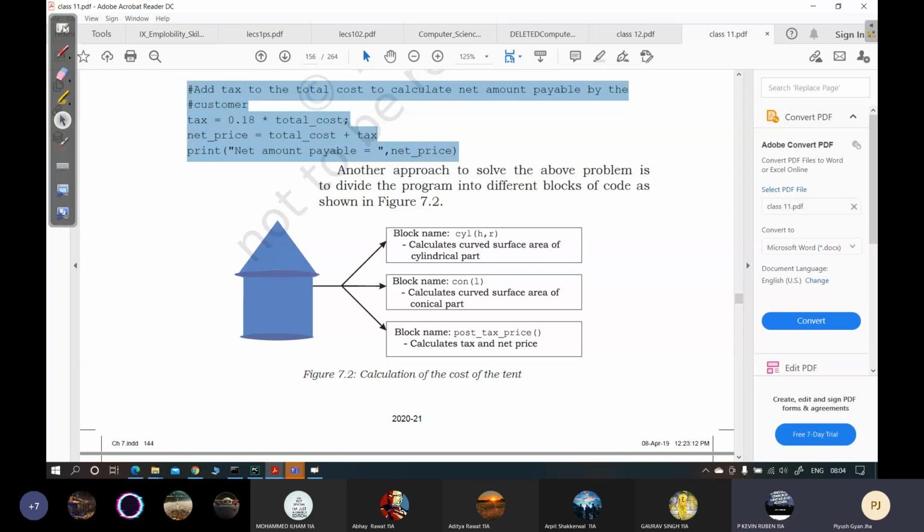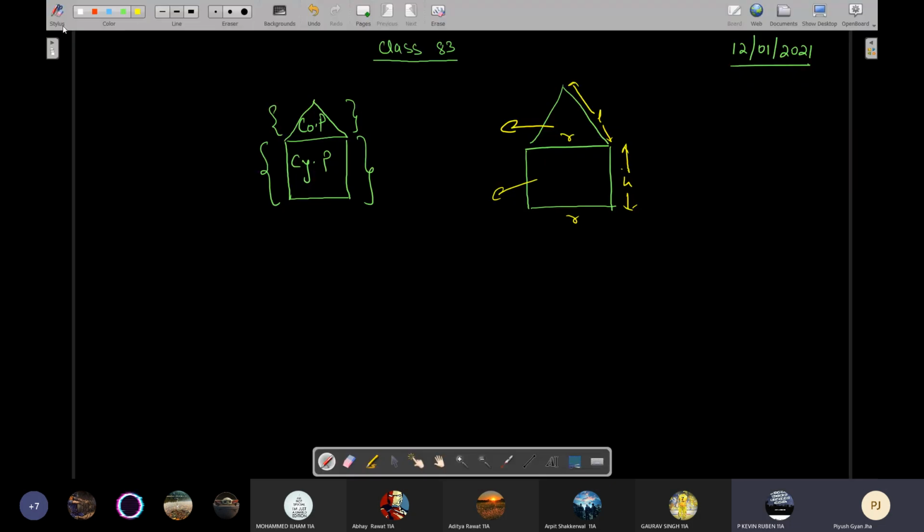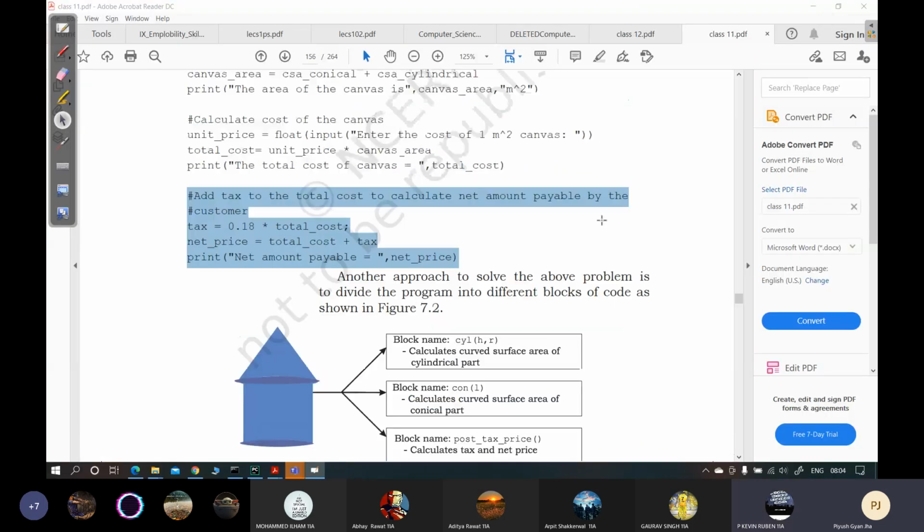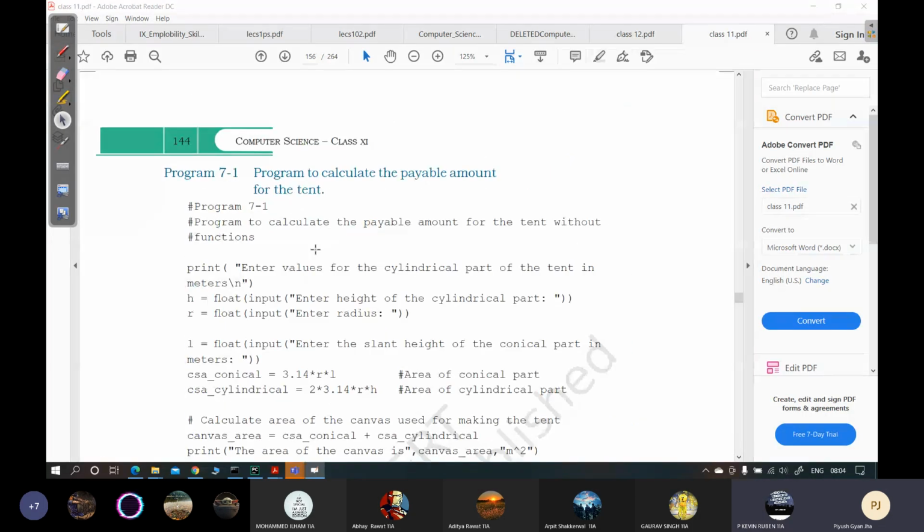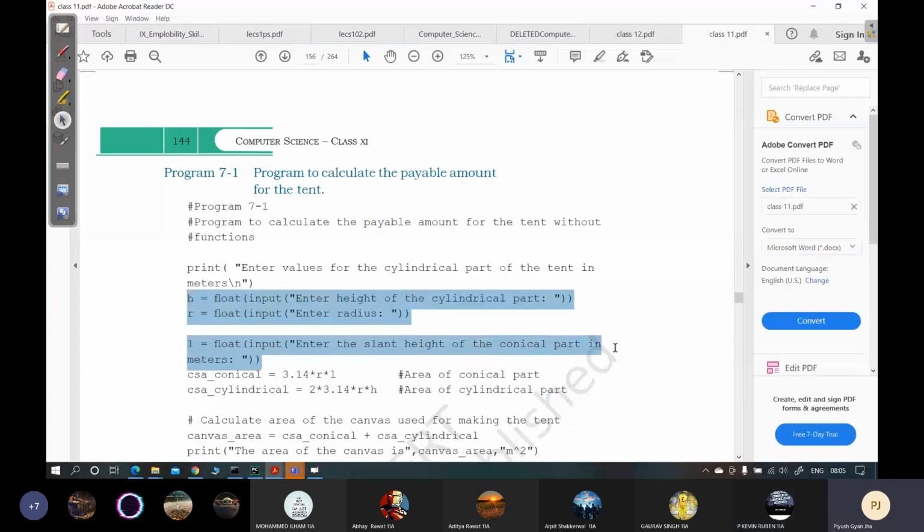So, yeah, the user has to calculate the slant height and write it, right, sir? Input. Slant height is input. The user has taken input in the slant height. Look. Yes, sir. So the program won't calculate the slant height. No, how will you calculate the slant height? Those are the basic values based on which you are going to find the area.